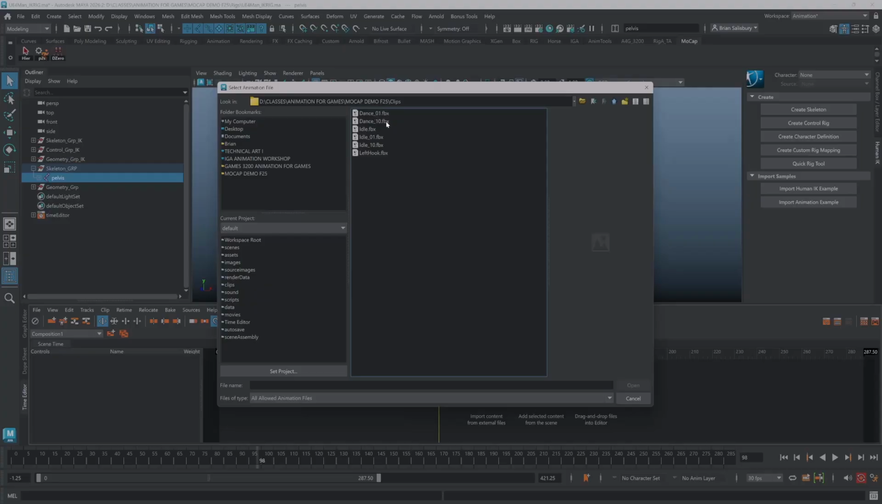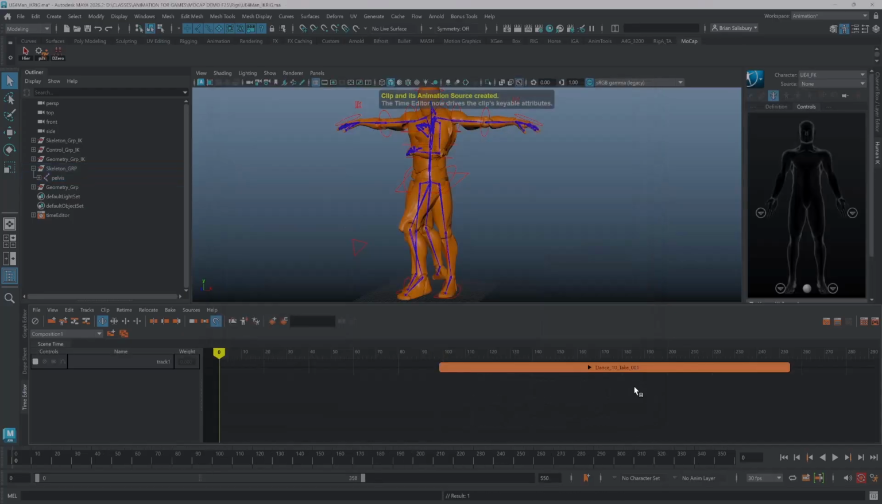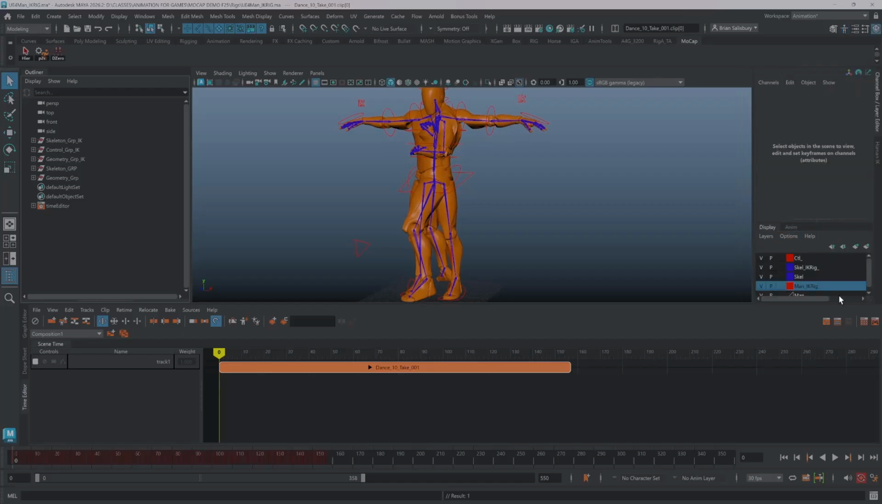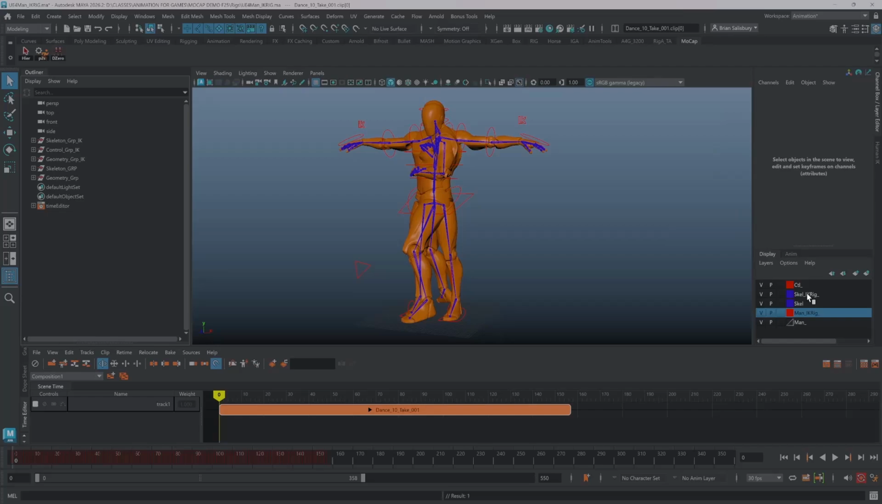Let's go to, how about the dance Ken? Well, it doesn't matter. Let's just do this. Open. Okay, so this clip automatically attached itself to the FK geometry and skeleton group. So we could come in knowing what the names are now, and for this IK stuff,